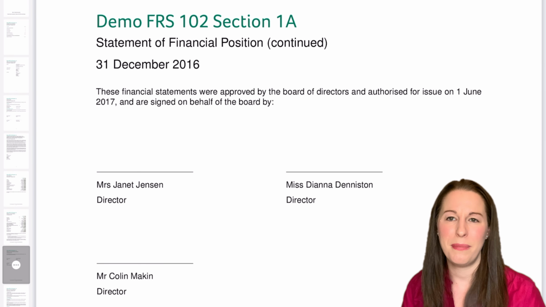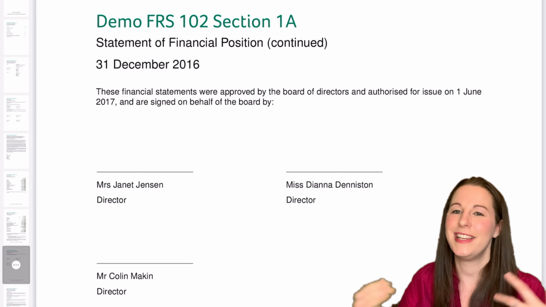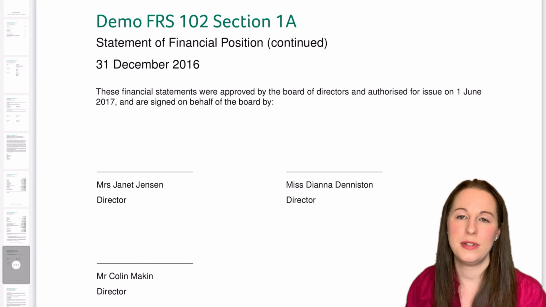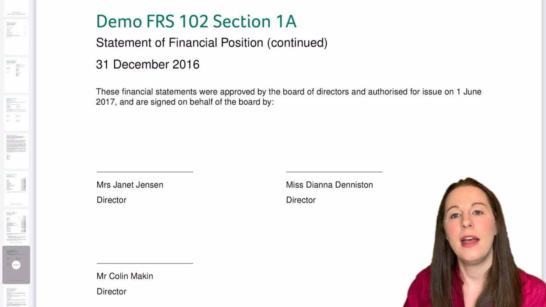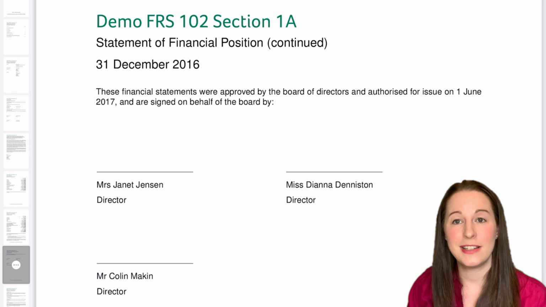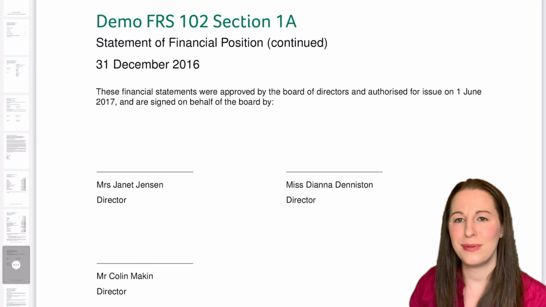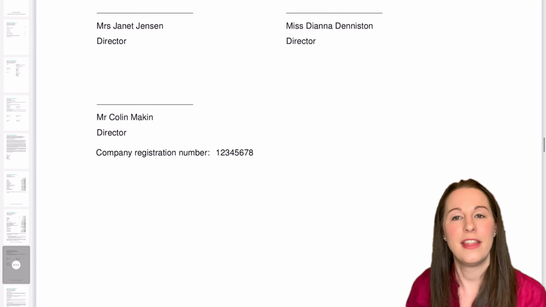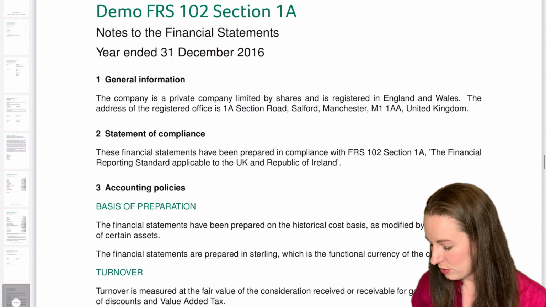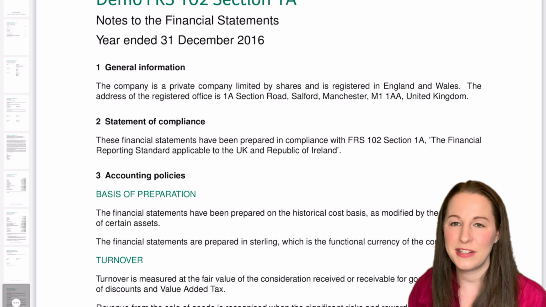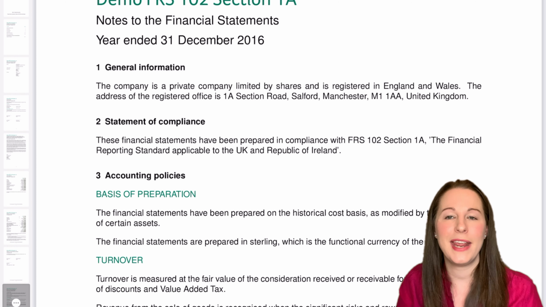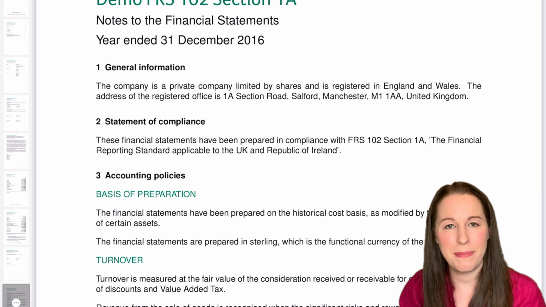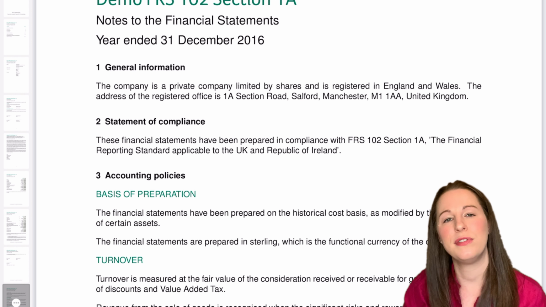Now in our micro company accounts, that pretty much is nearly it. There's like 1 or 2 disclosures. But because we're on small company accounts today, there are a few more bits that we need to look at. So let's look at the notes that then go alongside the accounts. The first note that will be in any small company set of accounts is the accounting policies. Accounting policies are how you as a company have decided to run the business and how you treat different